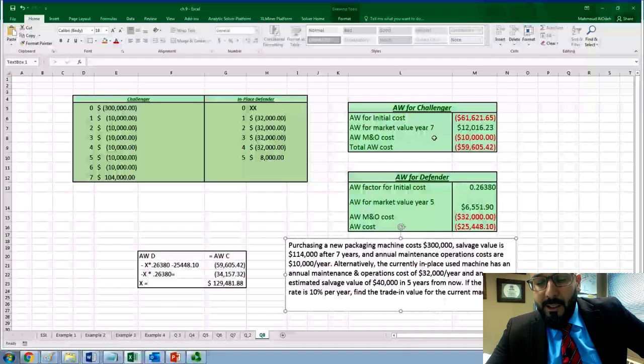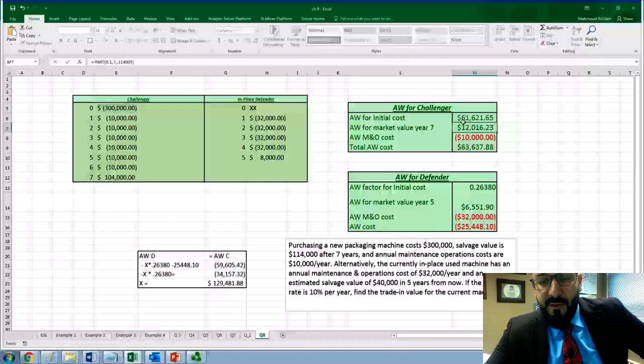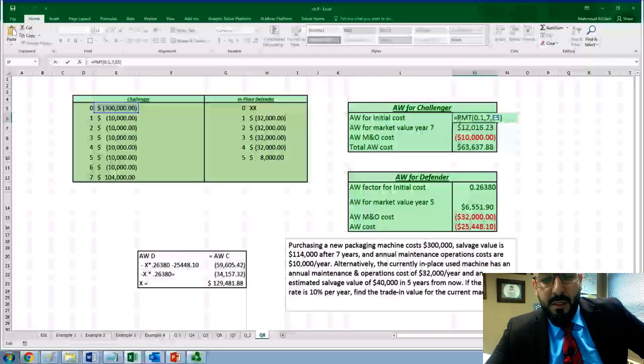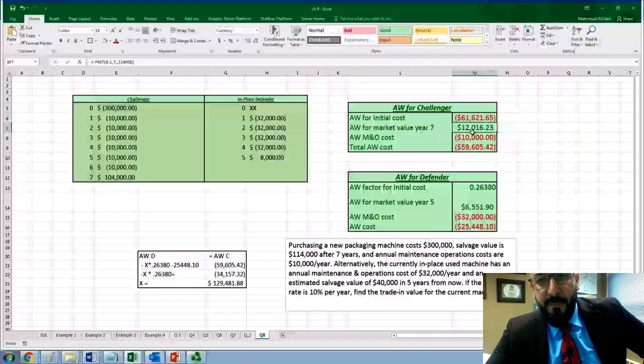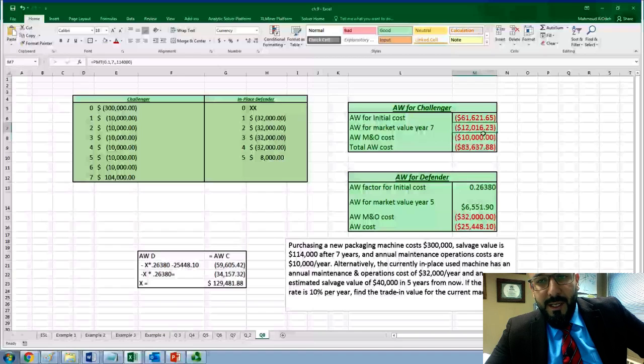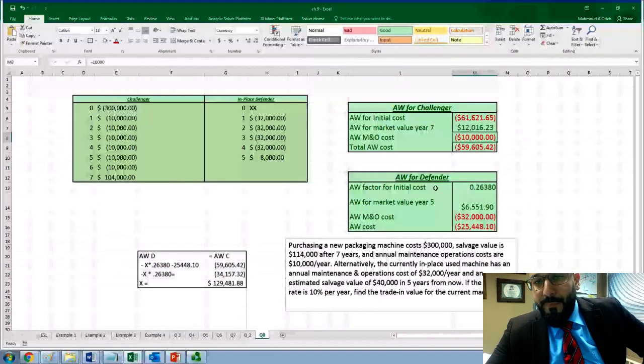Just a few things to highlight. In here, when I use the PMT function, I reversed the function. Why did I do this? Because this is a cost, and the final result of this calculation should be negative. If I remove the negative sign from here, that would give you a positive number, which is wrong. Basically, we have an initial cost, and this initial cost should be negative. And the same thing for the market value: the salvage value here should be positive. The end result of this calculation should be positive. A salvage value cannot be negative. Therefore, you have to reverse the function and add them together